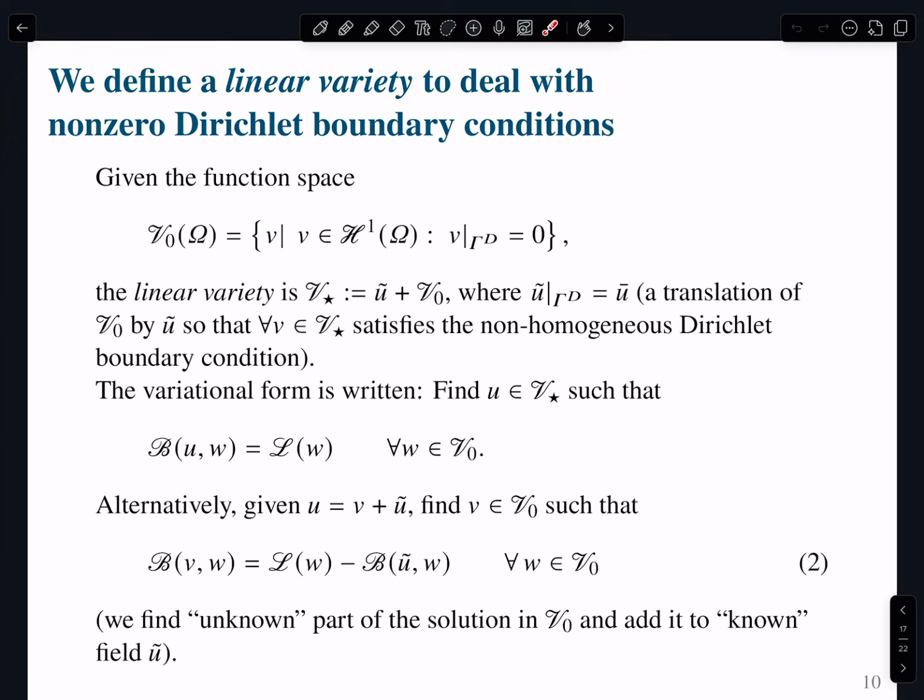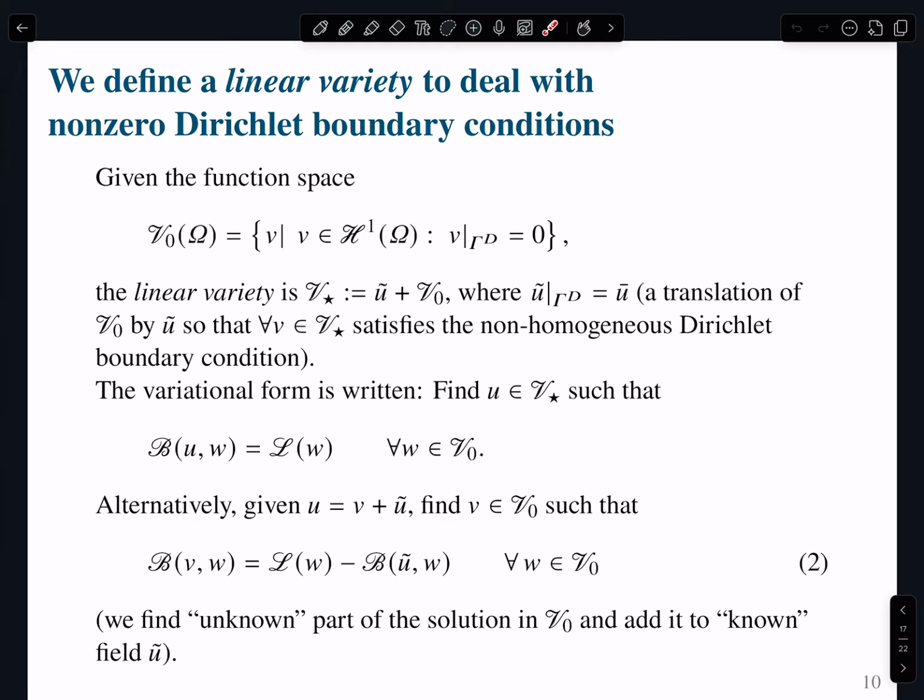Remember that everything that you have on the left-hand side of this equation is going to lead to the so-called stiffness matrix, right, times the displacement unknown vector. And everything that I have on the right-hand side is going to be the force vector, right? Now that we know that the displacement has to be equal to 1 on the left-hand side, that information is important because it's actually changing my right-hand side of the equation.